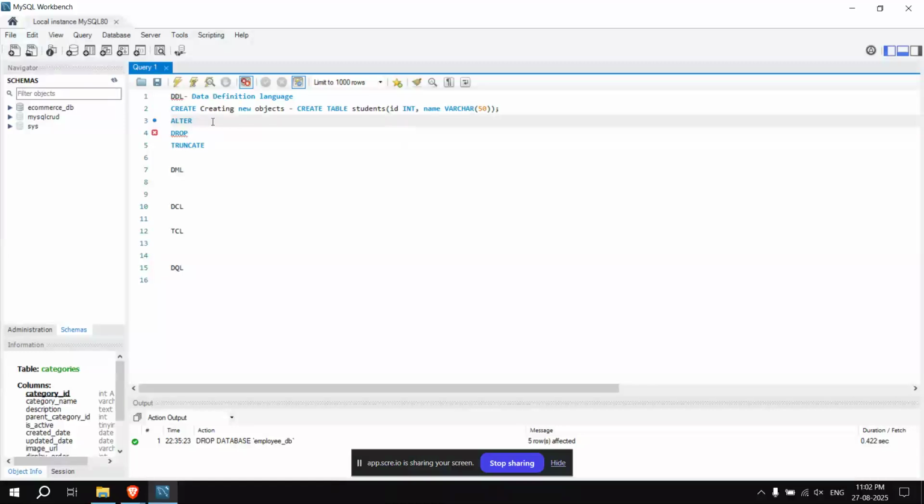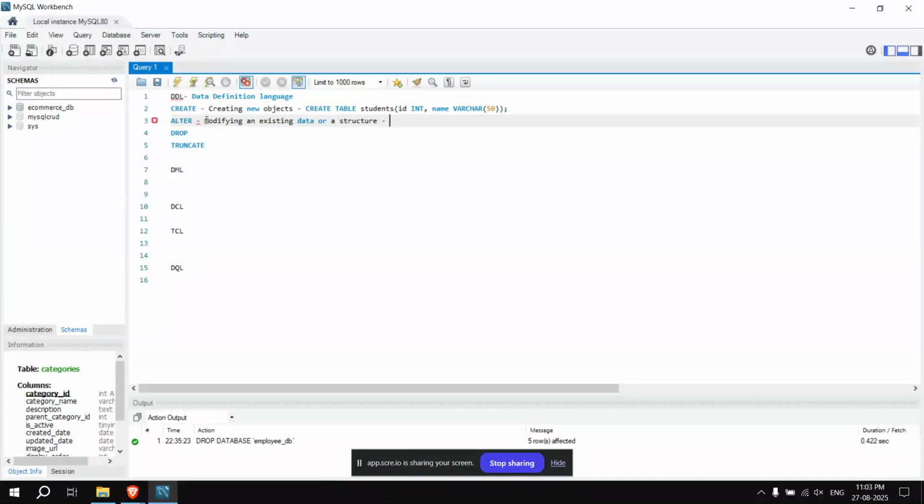So what does alter do? Let me explain how alter works. Alter means modifying an existing data or structure.